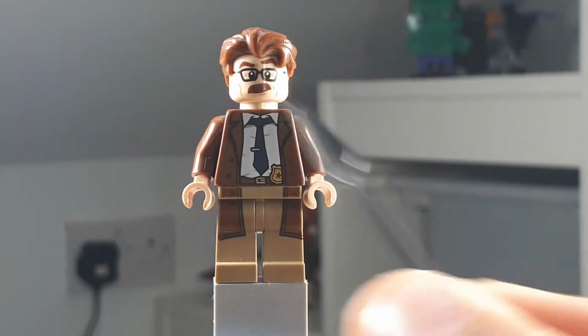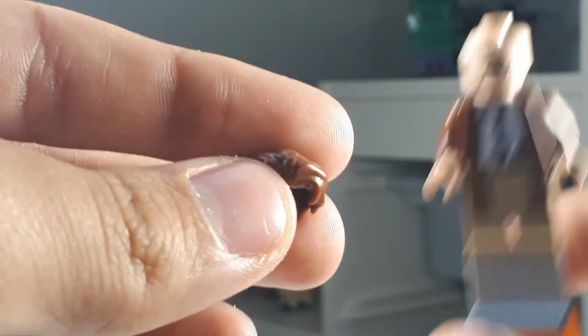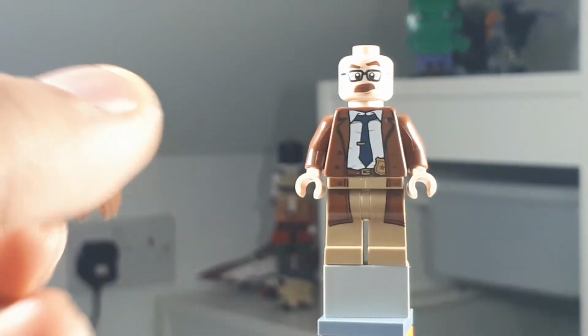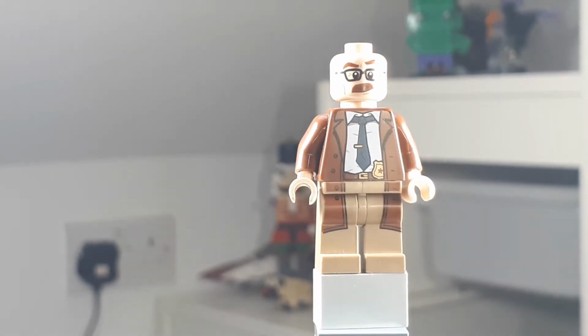The face mold is just, oh my god, that is Jim Gordon. We'll get the hair off him first. Here it is. It's the hair used by Chandler, I believe, in the Friends set, which I might review next week. So yeah, there's that. And looking at the head, you can see,